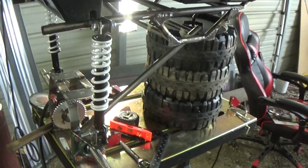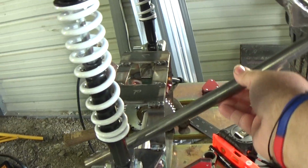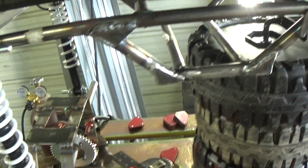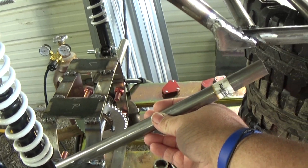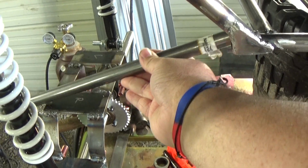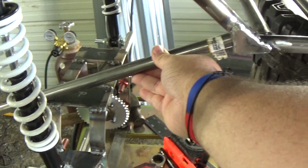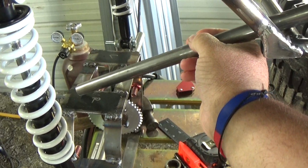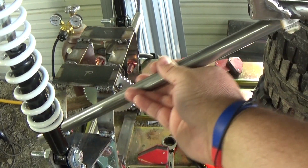I need to get the heim joints and stuff, and also some bolts for it, and hubs and wheels, but we're on hold for that. I have to get at least the heim joints and everything so I can finish this. I'm thinking if we do a little drop down kind of like that, because I was looking at some monster trucks and a lot of them come down here. So if we take a drop down and do about right there, I'll have a piece there, that should be pretty good. And then we'll have another drop down here and we'll have a bar about there, kind of maybe at an angle or something like that. So we'll have our true 4-link. But today, well, actually,